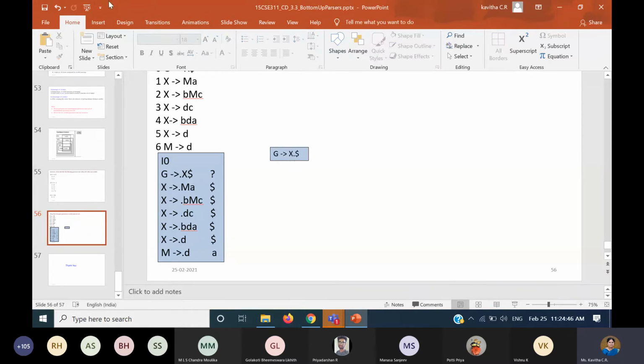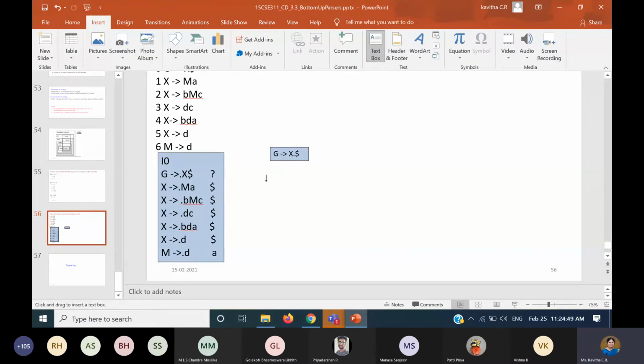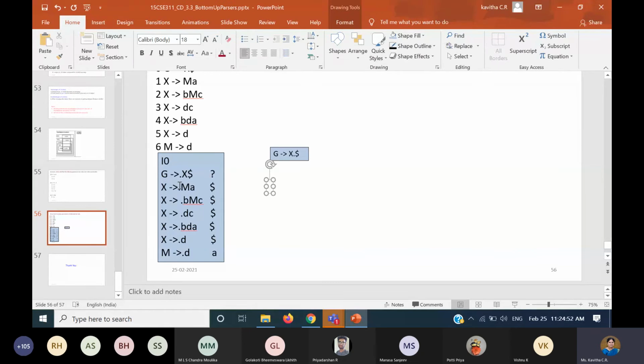Then coming to the next state is what we are going to have when you read M. See, how did I decide what has to be read? Here X to be read, here M to be read. So when I read M, what happens? X gives M, I will read, dot is moved now, and small a. And what is the lookahead symbol? I have the dollar. And do I have to expand anything in the current state? No. And do I have anything to be read like M in any other rules? No. So I end this state also. So this is now I1 and this is I2.